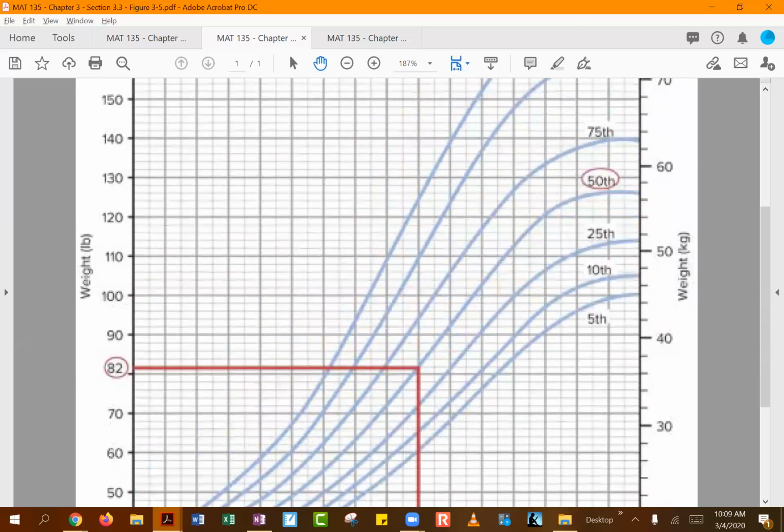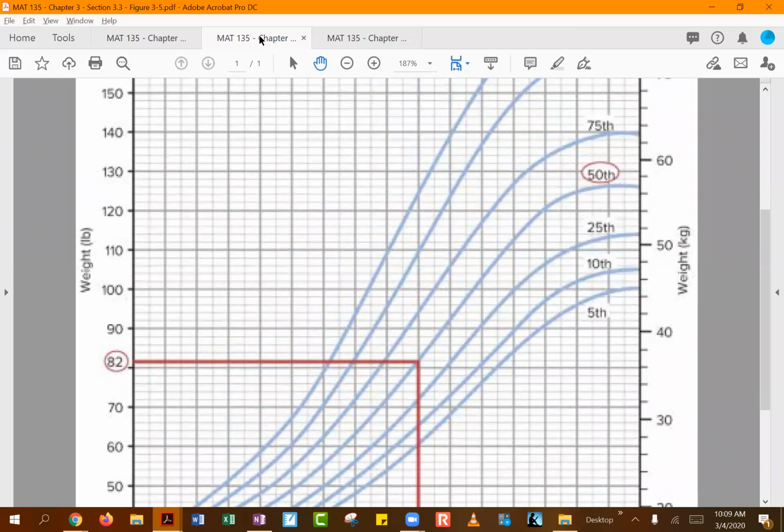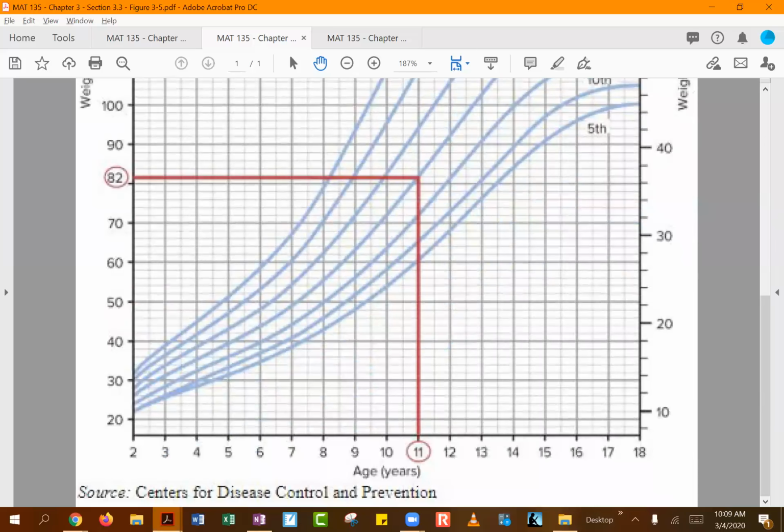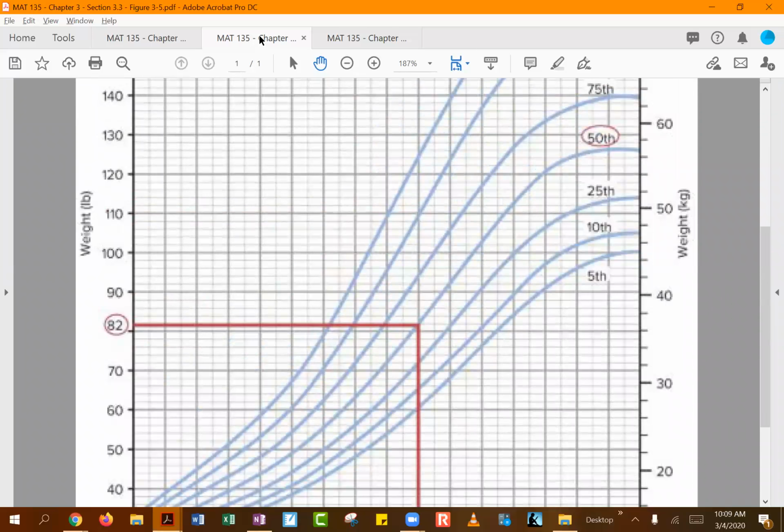So let's say I told you a girl, since we're talking about girls in this example, weighs 125 pounds, and they're asking you to find approximately, based on this percentile graph, what age she should fall into. So 125 would be halfway between 120 and 130, right? But then, if you follow that along,